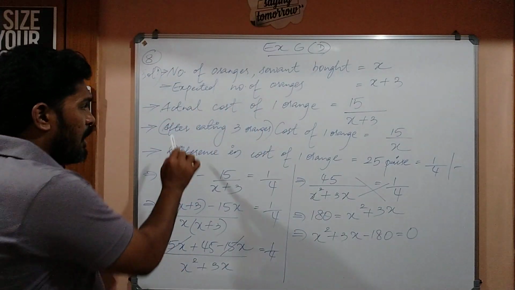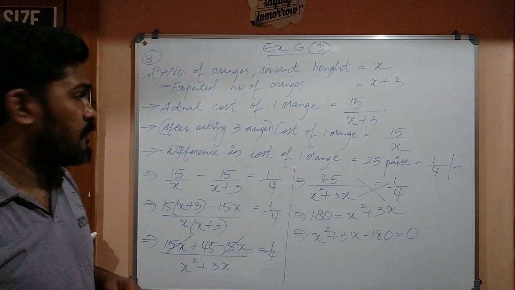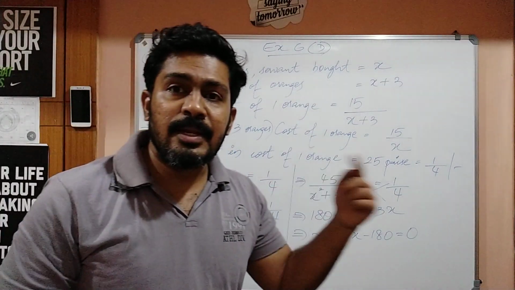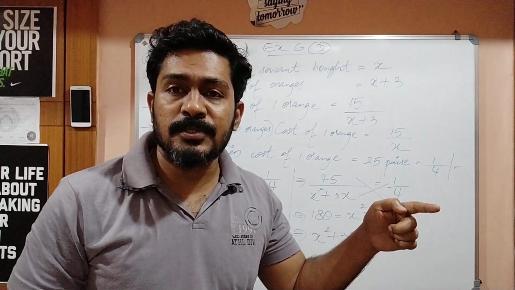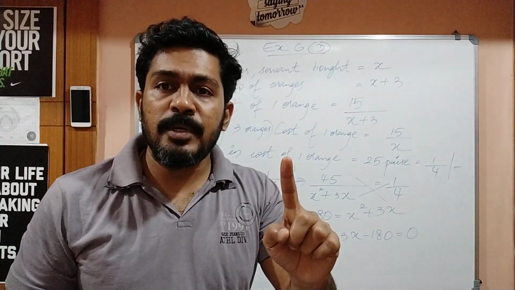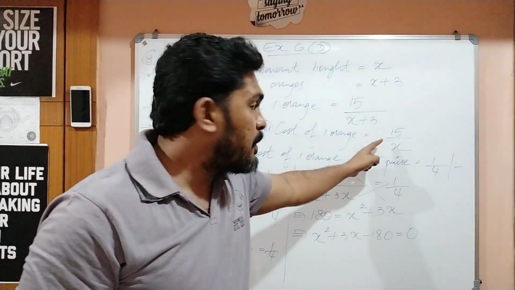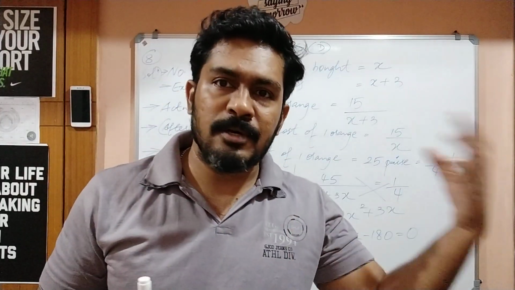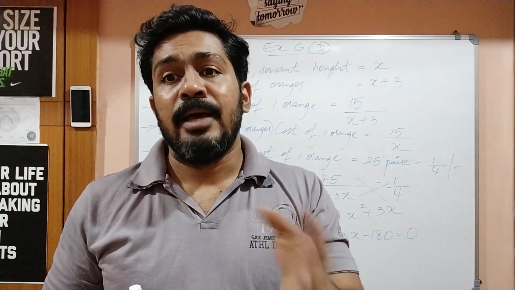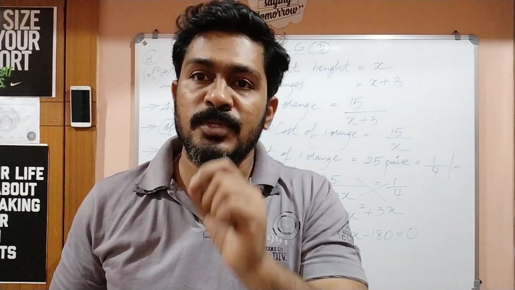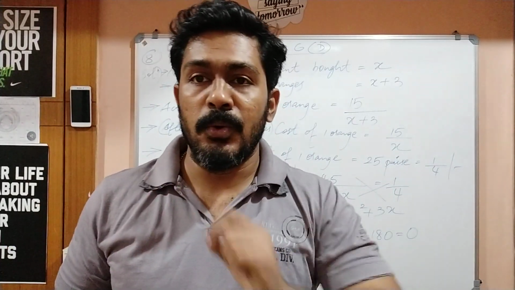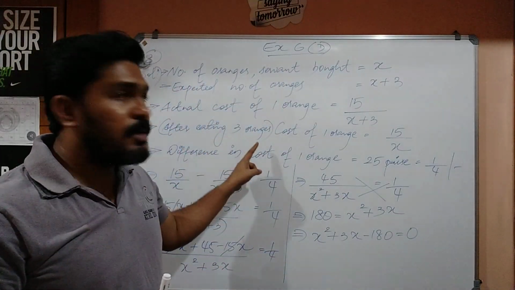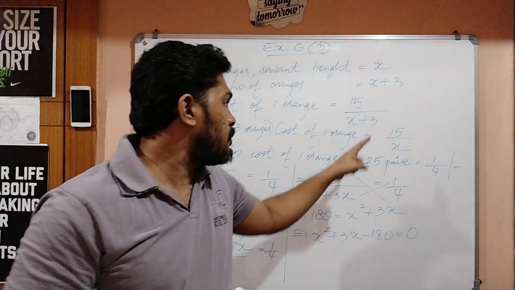Now, after eating 3 oranges, when the servant is giving the remaining oranges, that is X oranges, to Mr. Mehra, what would be the cost of one orange? That would be 15 divided by X, because 15 is the money which the servant spent, divided by X, the actual number of oranges which the servant is giving the owner, Mr. Mehra. That is the reason I have written, after eating 3 oranges, cost of one orange is equal to 15 divided by X.